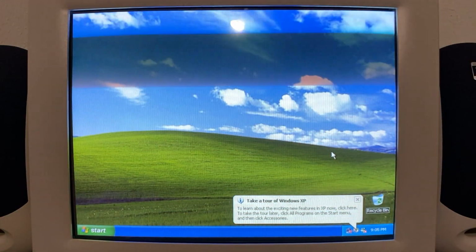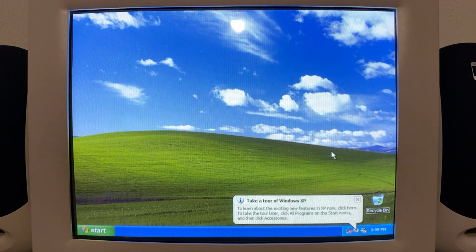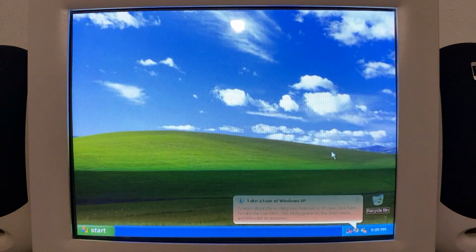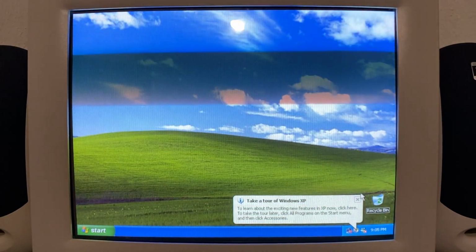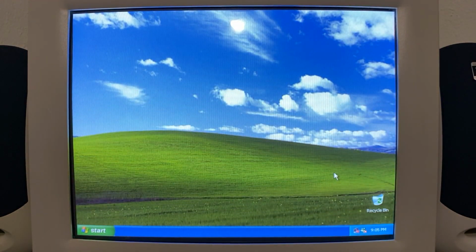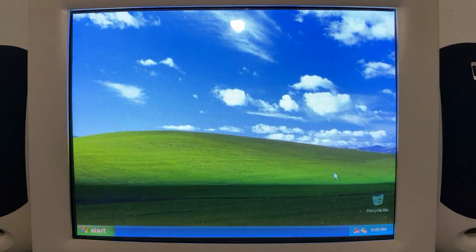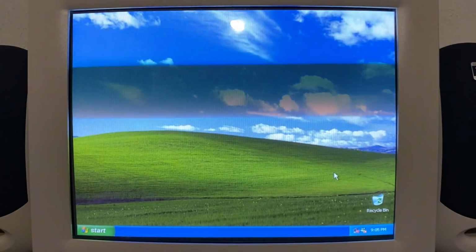Ooh, take a tour of Windows XP. To learn about the exciting new features in XP now, click here. To take the tour later, click all programs on the start menu and then click accessories. We will take a look at the Windows XP tour in another video, obviously, and we will be going through it